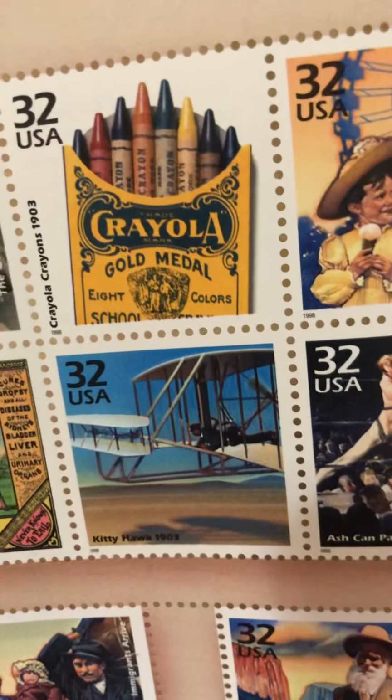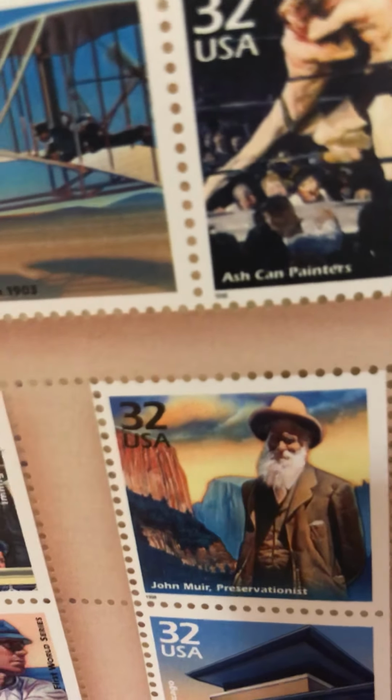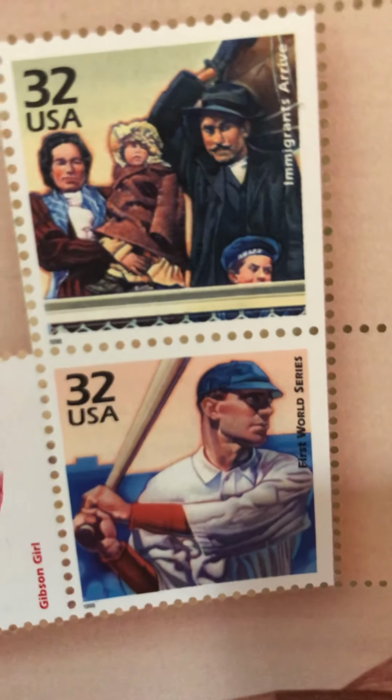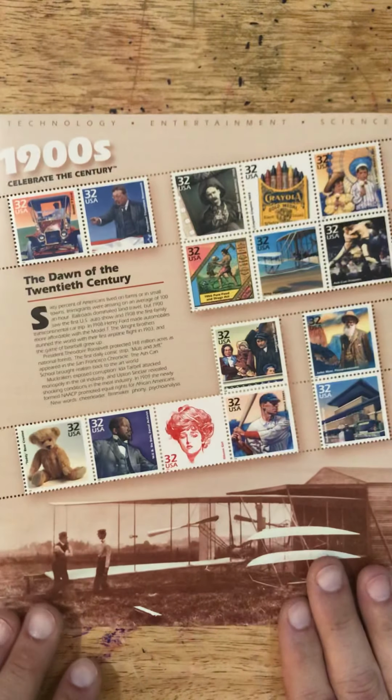This is the Ashcan School of Painting. This is Ellis Island. This is John Muir, who's considered the father of the National Park System. The first teddy bear was issued, nicknamed after Teddy Roosevelt. This is W.E. Du Bois. The Gibson Girl was first introduced. The first World Series, where Boston beat the Pittsburgh Pirates. And Frank Lloyd Wright's first building in Chicago. So that is the 1900s